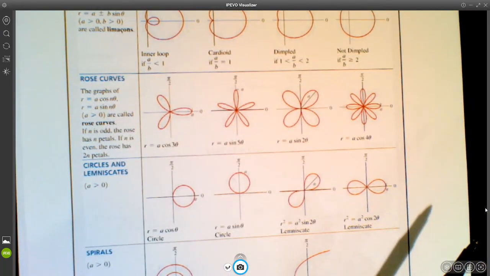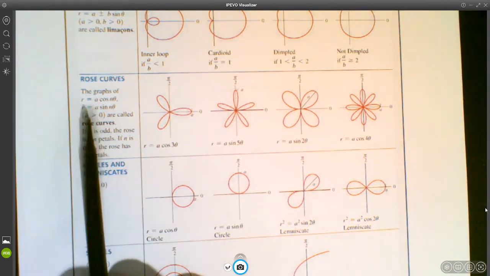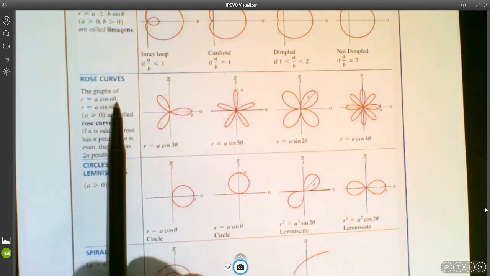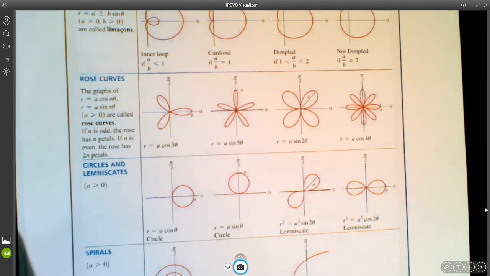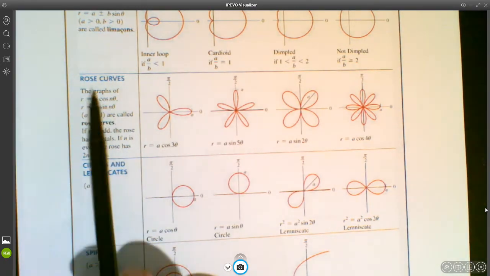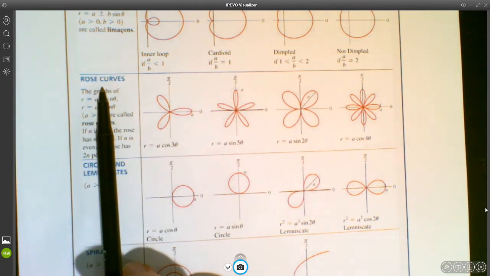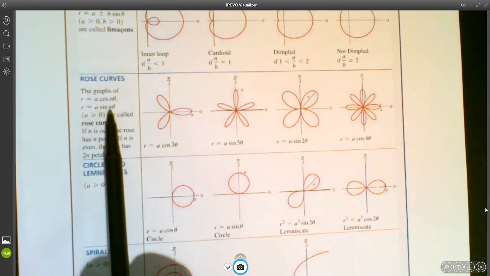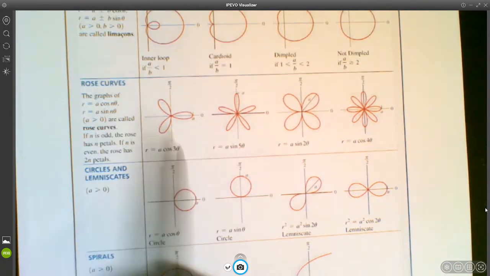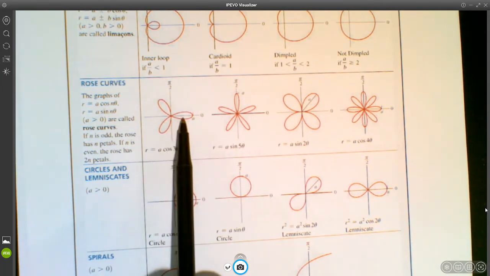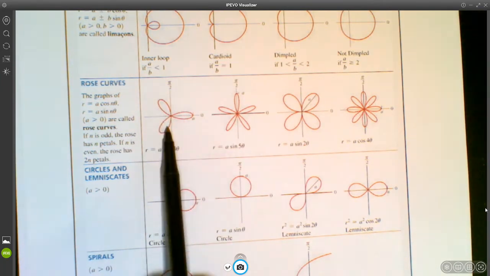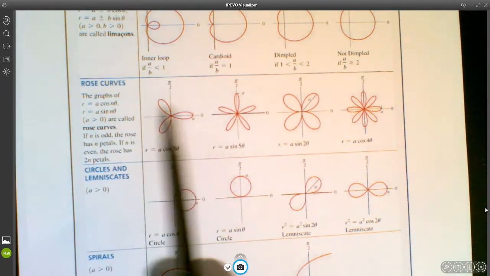Another common type of polar graph would be something that has the form r equals a cosine n theta or r equals a sine n theta. We call these Rose curves. And Rose curves are kind of interesting. If n is an odd number, then that's the number of petals that you're going to have on your rose. So for example, this would be a cosine 3 theta. So 3 theta, so you have 3 petals. And the petals are equally spaced